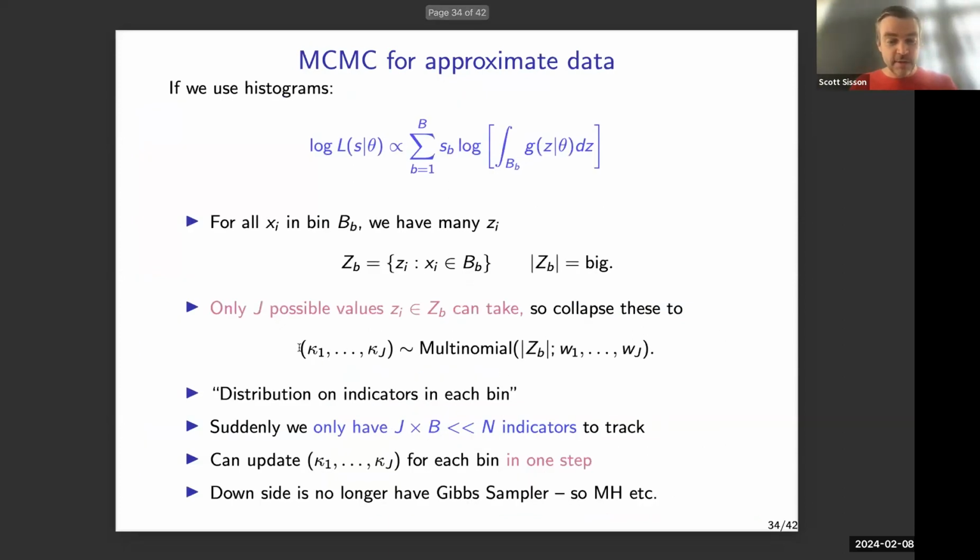we can do the same thing, but for this vector, rather than a single draw, it's as many draws as I have points in the bin from this multinomial distribution with these weights. So we're not modeling individual zi's, we're modeling the distribution at each bin, which means that rather than having capital N zi's to look after, we've got j counts in each bin to look after. And this number is going to be much, much, much smaller than this number. And not only that, we can update j of these in one go, just by a single update step here. So this is cute in the sense that you get a nice tweak on the mixture